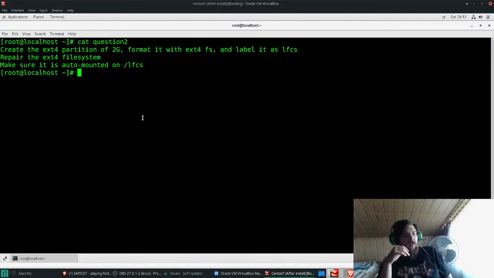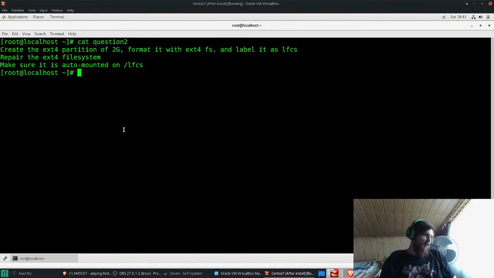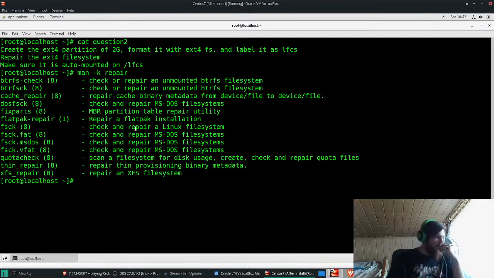Let's imagine the scenario that you don't know the command, the tool, the utility to use to perform the repairing of the ext4 file system. Let's use the man command with the k switch, which stands for keyword, I do believe, and we will search for repair. Okay, we got something back,